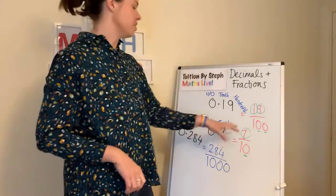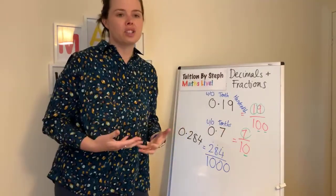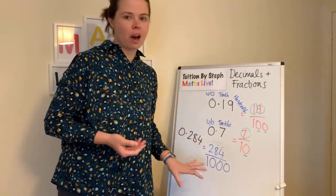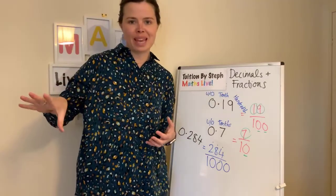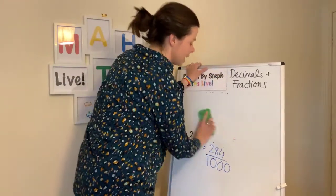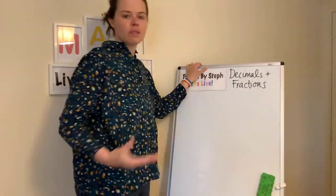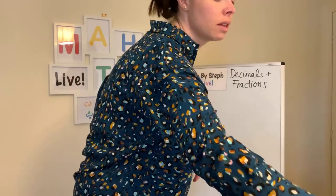I think the tenths is quite easy because we use tenths quite a lot. We use it in fractions of numbers and fractions of shapes. And it's these ones that get a little bit harder. So I think that rule of however many numbers on top and how many zeros are at the bottom can be really, really helpful. And today, we're just sticking with denominators that are friendly. So if you've got the sheet,